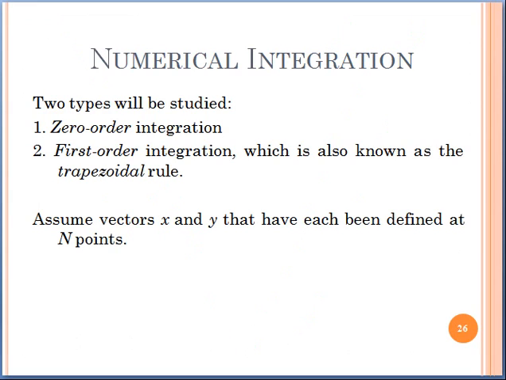Now coming towards the numerical integration. Two types are there for numerical integration: zero order and first order. First order is also known as trapezoidal rule. Okay. Now we are assuming the vectors x and y that have each been defined at n points.